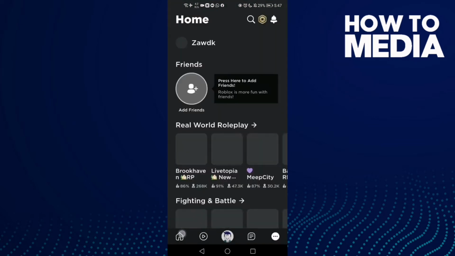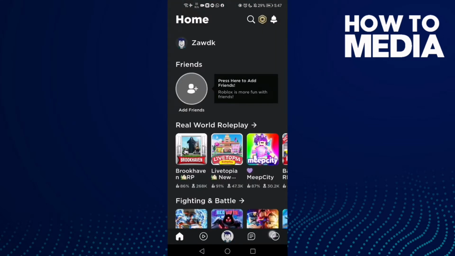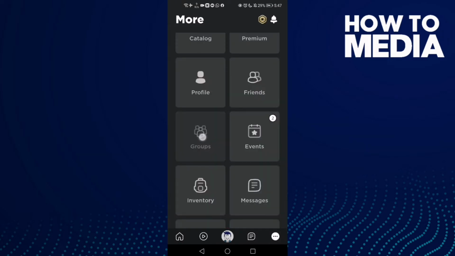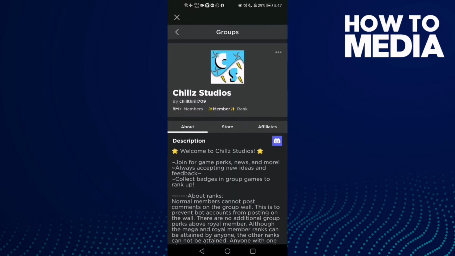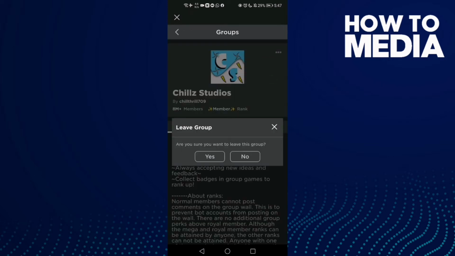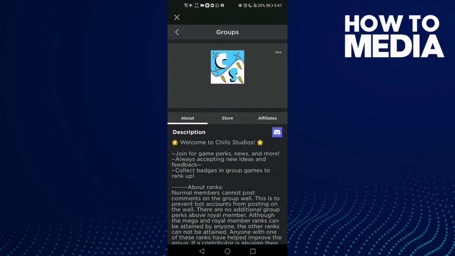First let's go back, and first thing click these 3 points here in the bottom corner, and now click groups and select the group you want to leave, like this one, and then click these 3 points in the top corner and click leave group, and yes,